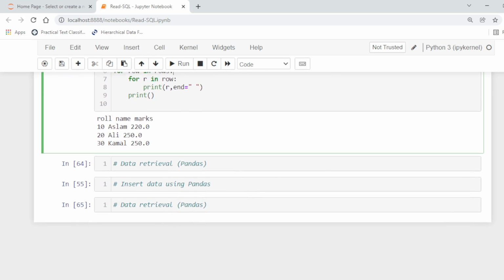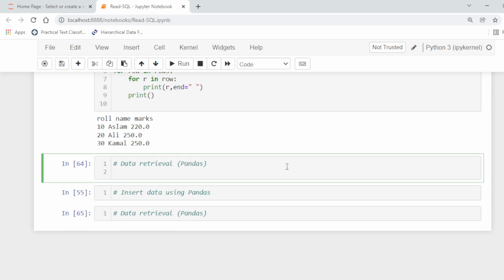So now we are going to use pandas. Pandas is a very easy way for communication with the database management system. We can store the retrieved data into the pandas data frame, or we can write the entire data frame to the database.